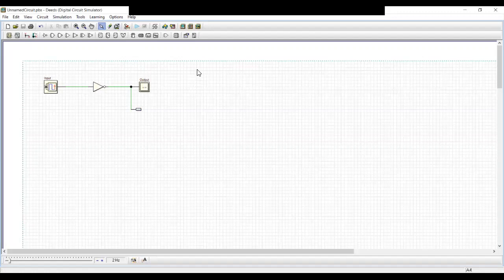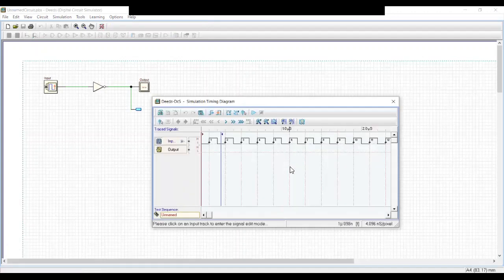Now if you want to see the waveforms, the timing diagram, you can check it from here. Here it shows the timing diagram, and this is the duration between the red line and blue line. It shows the time duration, where you can see your input signal state diagram, or you can say timing diagram, and the output. So when you click here, you will get the output for this time duration. It will show the output like this.